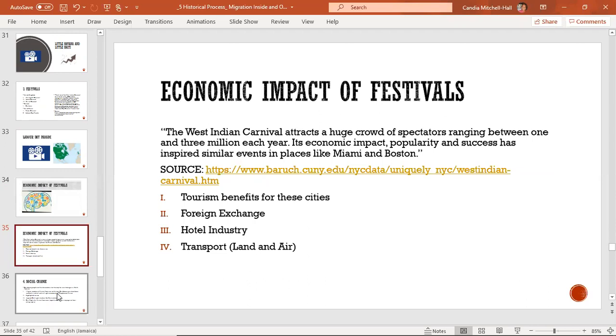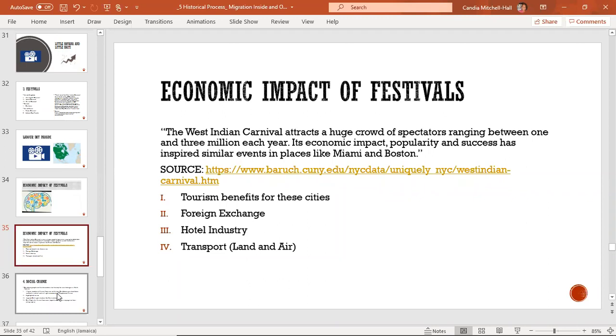Same thing for England. Once Notting Hill Carnival is keeping, if you live in Ireland, you're going to find yourself in England just to celebrate that carnival. So it's a time in which Caribbean people actually link up and celebrate their culture in these spaces. Not only do they contribute to tourism of these cities, but it provides foreign exchange for the cities because, for example, Labor